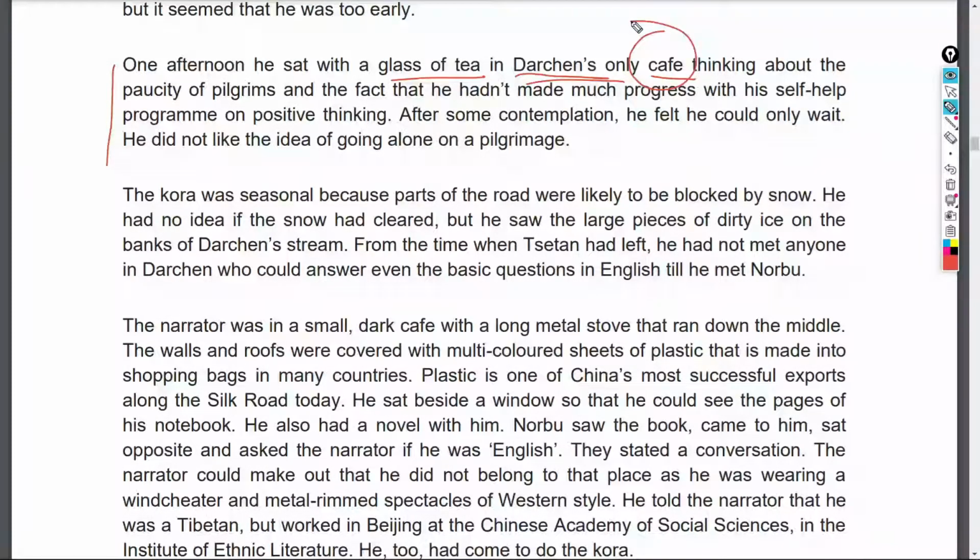So that afternoon he was taking tea in the cave in Darchen, thinking about the lack of pilgrims and the fact that he had not made much progress with his self-help program of positive thinking. So he now developed a positive thinking that if you hope for the arrival of the travelers or the pilgrims, then sometimes it may come true. Therefore, these are the kind of self-help program on positive thinking that he took up, and finally